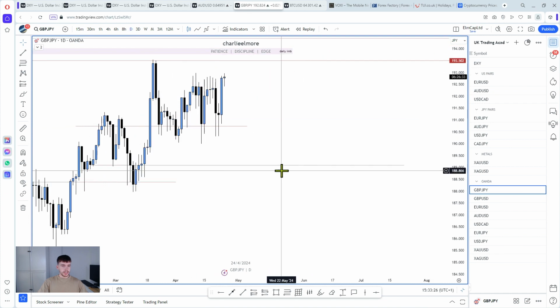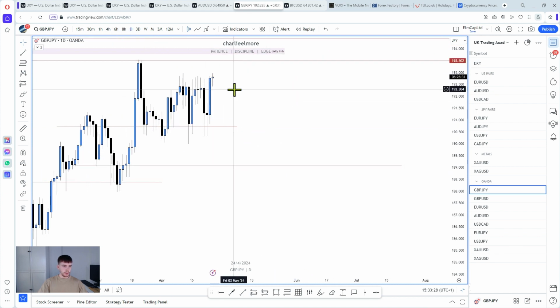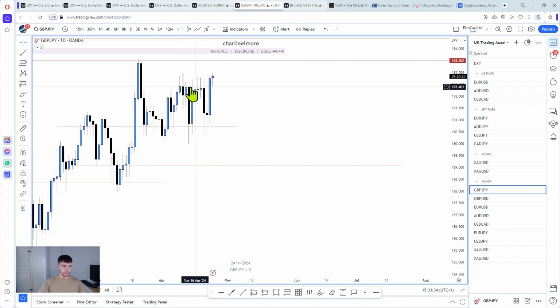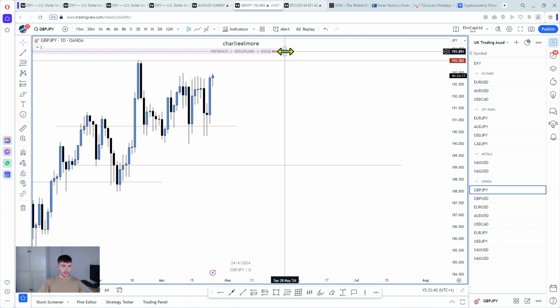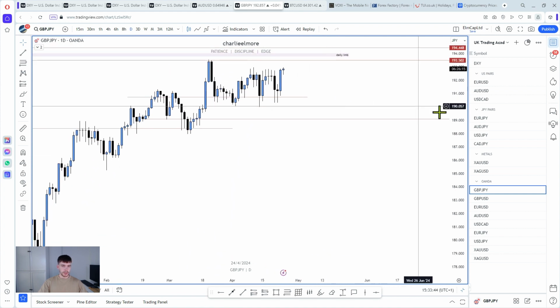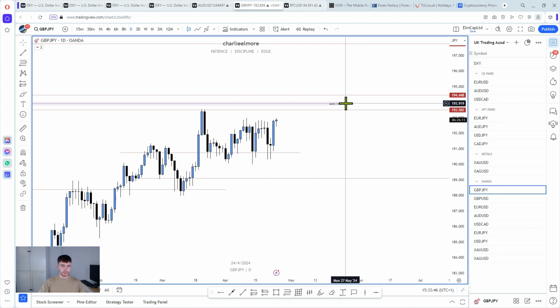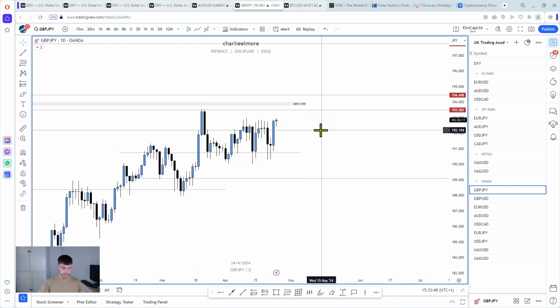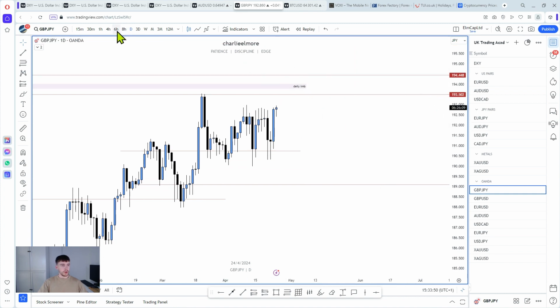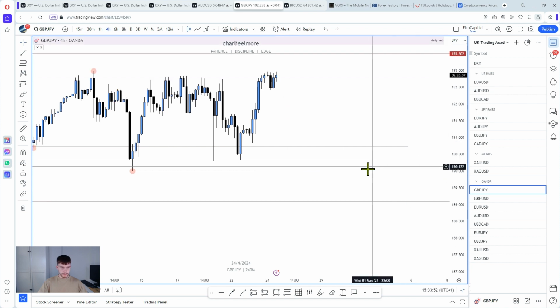Nothing's really changed in terms of my bias on this. I'm still bullish. You can see yesterday's candle closure was very, very strong. We closed above all of this noise. Yeah. And it is looking like this high could be vulnerable. We've got that daily imbalance left out in the open there too, which could be used at a later date. Okay, so going down into the 4-hour time frame.